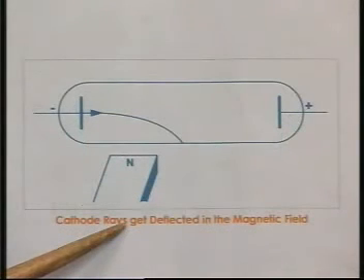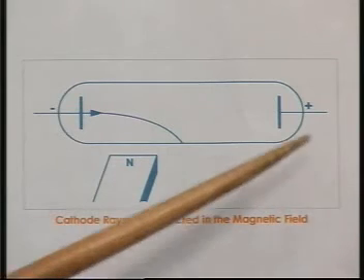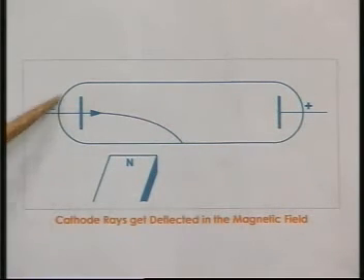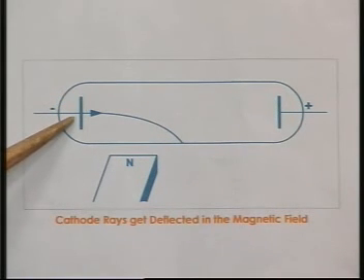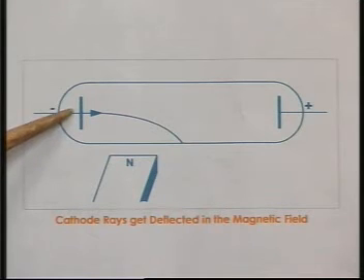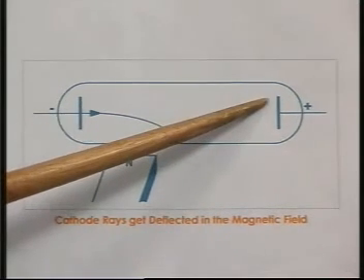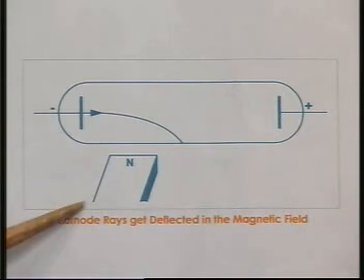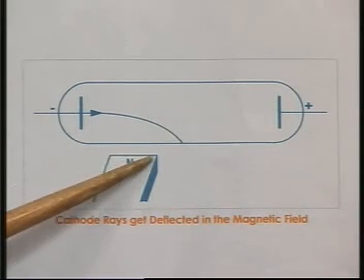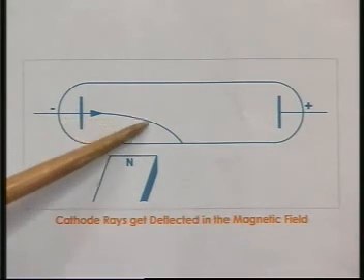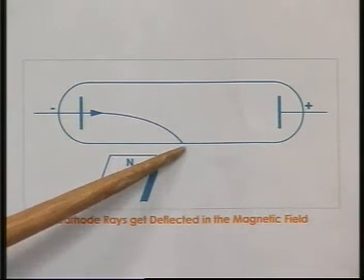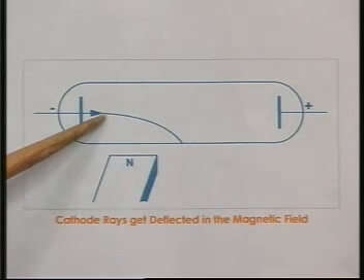Cathode rays can also be deflected by magnetic fields. This is a cathode and this is an anode. These two are called electrodes. So the electrons emitted by the cathode will be negatively charged particles. These charged particles will move towards the anode. On its way, if we apply a magnetic field, then the electron beam gets deflected along this particular direction. By applying Fleming's left-hand rule, we can prove that they are negatively charged particles.